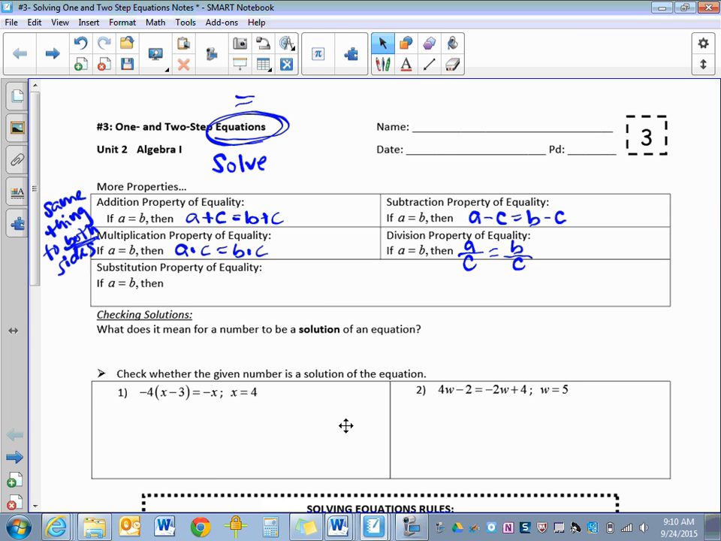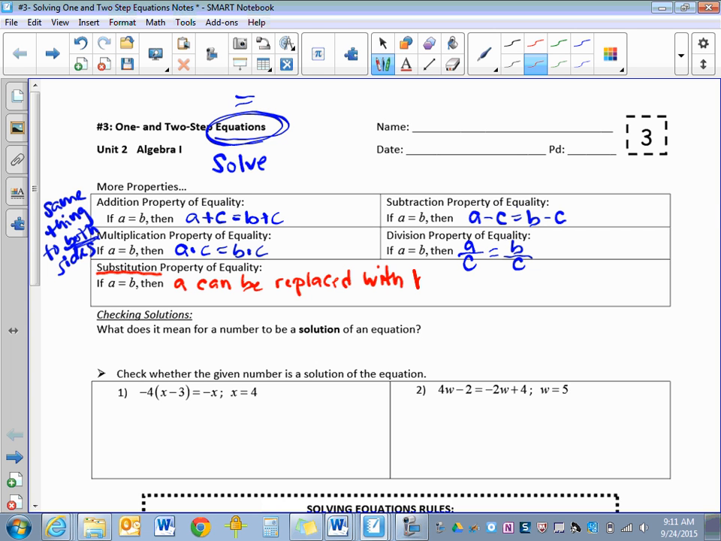Alright, so then our substitution property of equality. The key word here is substitution. Substitute. If A equals B, then that means I can substitute A in for B, or B in for A. So A can be replaced with B in any expression,